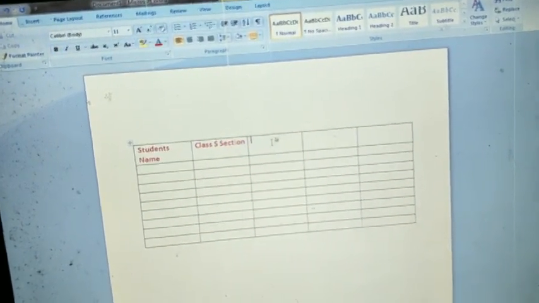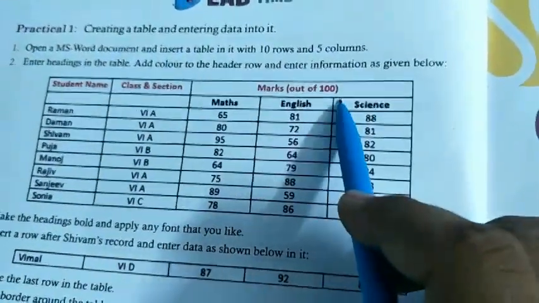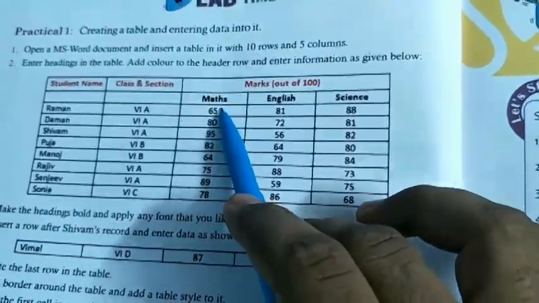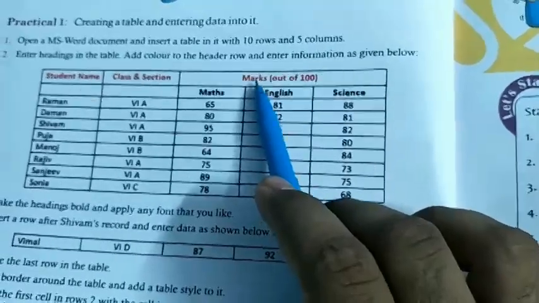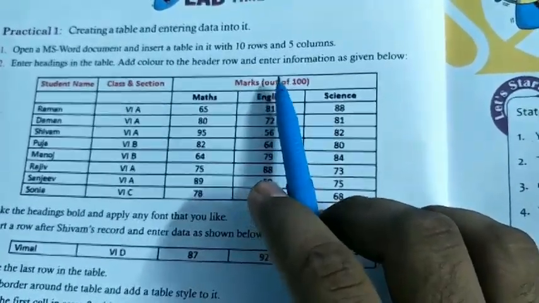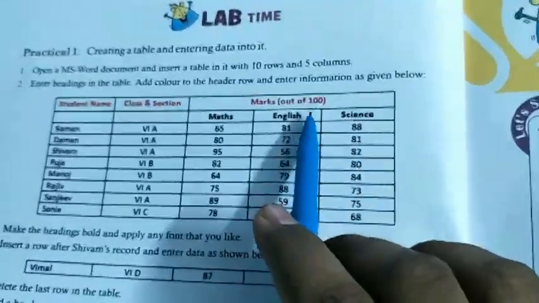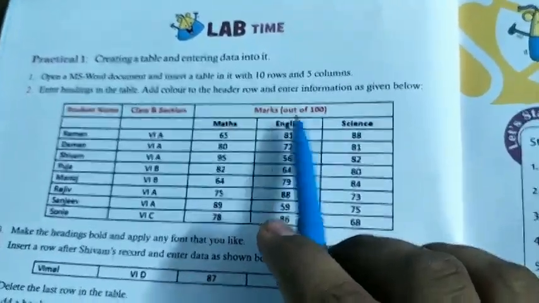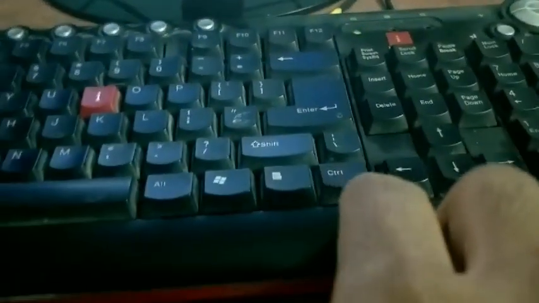Next, you can see the next heading, marks out of 100, is common for these 3 columns, first, second and third column. So in that condition, if you want to make a single heading for multiple columns, you have to use the merge cell option. First you will select these 3 with the help of the shift key.